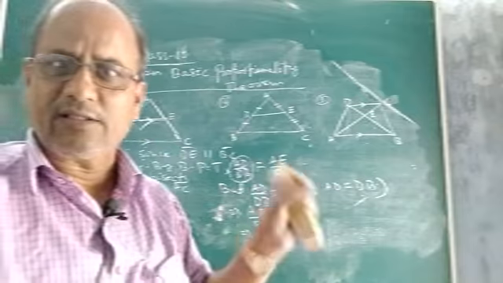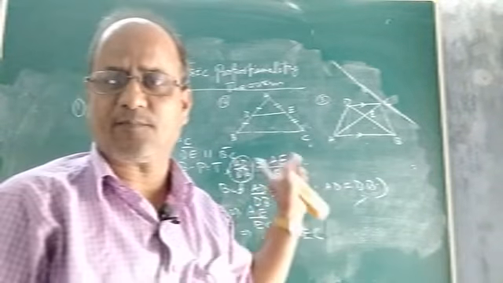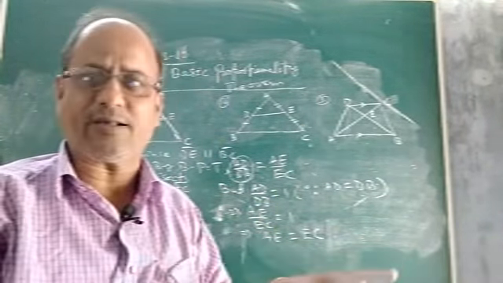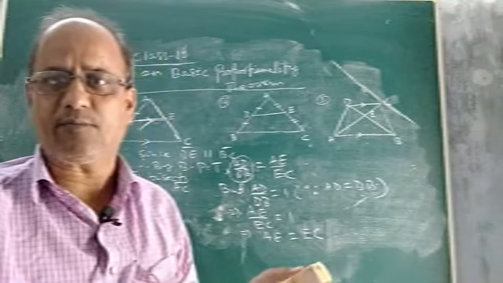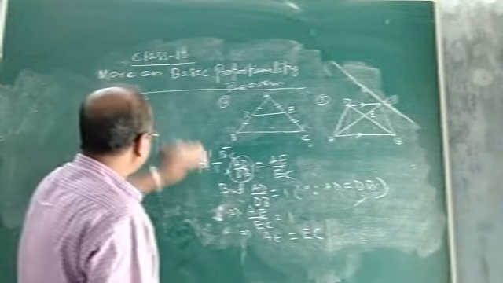So we came to know that if a line is drawn from the midpoint of one side of a triangle parallel to another side, then it will bisect the third side. And this thing we could prove, by using the concept of Thales theorem or basic proportionality theorem. Now let us discuss the second application.